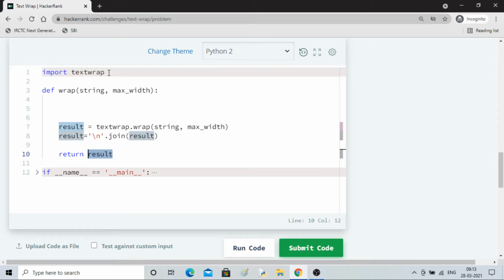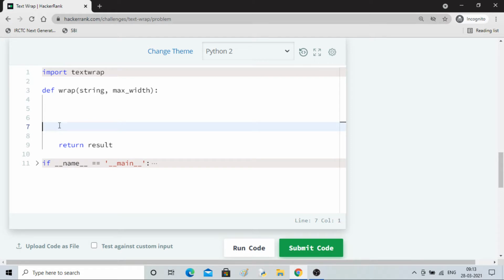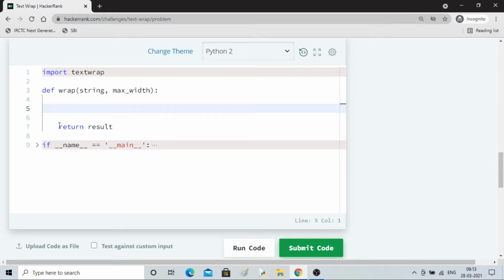So this is what you can do, but if you are willing to make the code from scratch, then do the following. Here you are not learning anything, you are just passing the input, getting the output and printing it. You don't know how it is working. Maybe the logic will be different from what I'll do right now, but I just wanted to show you that this is not actual programming. Actual programming is doing it from scratch.